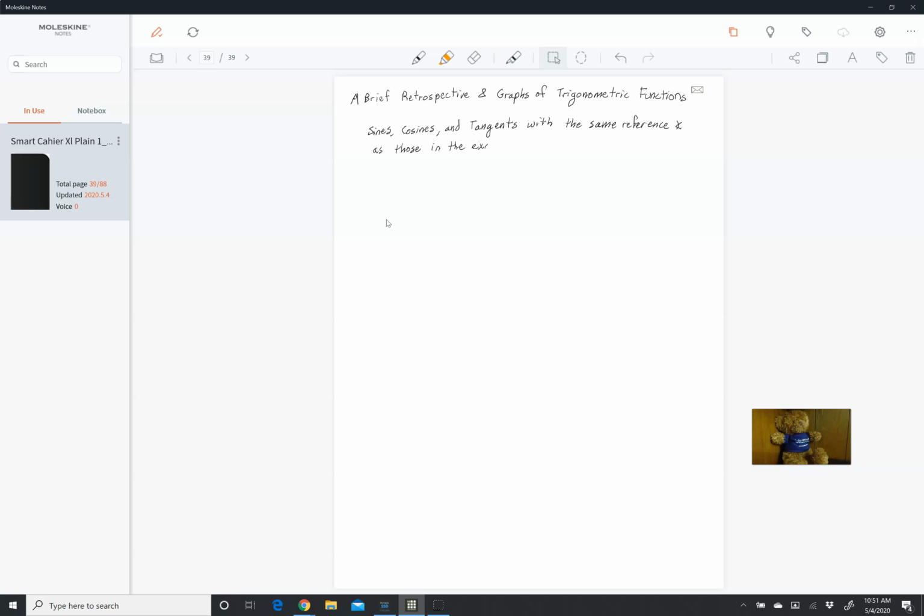So when we introduced the exact value chart, we were saying, well, once we know the sines, the cosines, and the tangents of reference angles, then we also know the sines and the cosines and the tangents of any angle that has the same reference angle. So let's take an example. Let's take 30 degrees. And we won't do this for all of them, but we'll do it for most of them. So if we have 30 degrees,